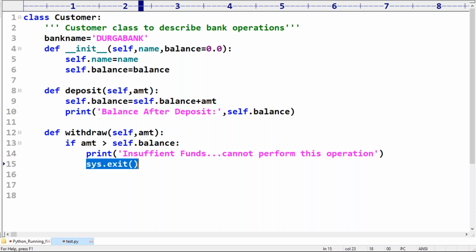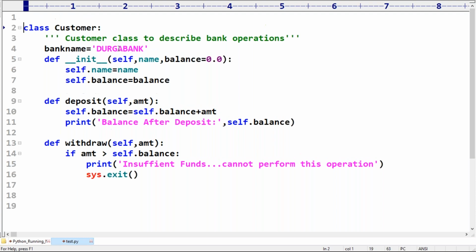Here also sys.exit, and happily my program is going to be stopped. But import sys is required because I'm using the sys module. Are you feeling comfortable? So how can you stop Python virtual machine execution in the middle of the program? Happily, you can use sys.exit.